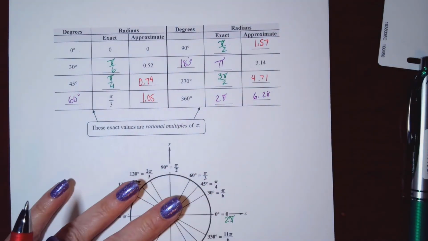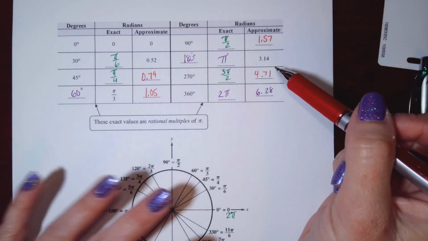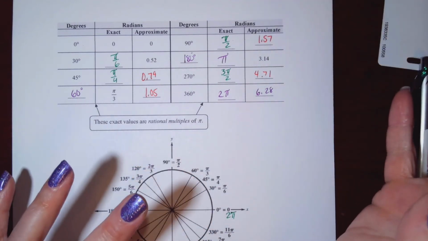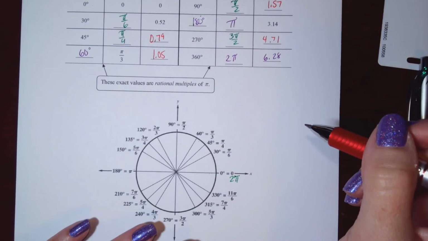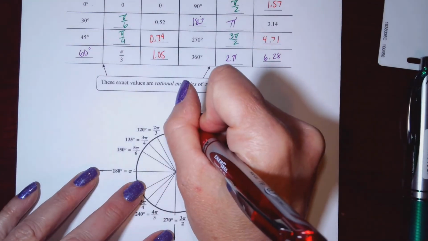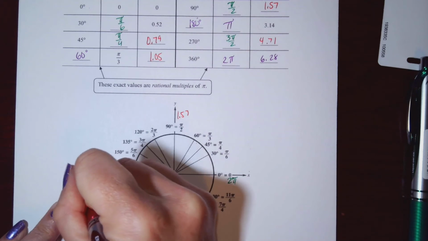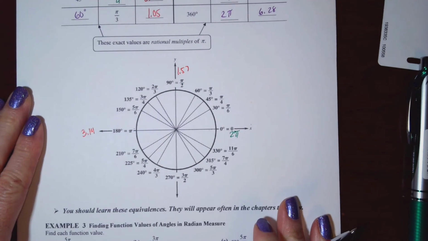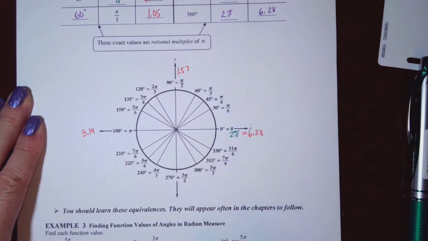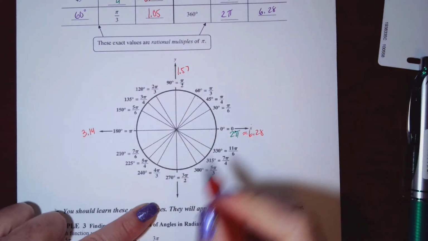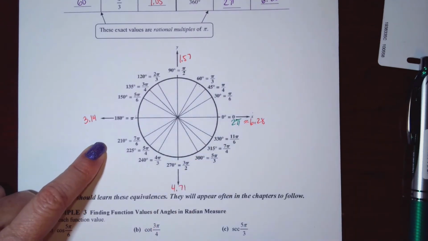You're not going to need to worry about approximations for these values, except to think about, okay, where would an angle land if it's about this many radians? The most important approximations you're going to need to remember: pi half is about 1.57, pi is about 3.14, 2 pi is about 6.28. If you can remember, or work out, that this is about 4.71 radians,